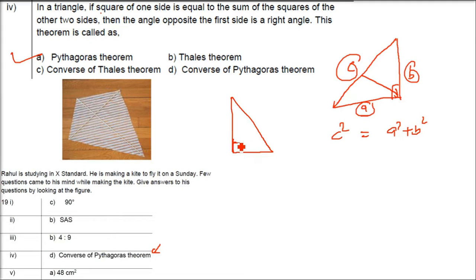And Pythagoras is somewhat different. It says that if one of the angles of a triangle is 90 degrees, then the sum of the squares of the sides holding that 90 degree angle will be equal to the square of the side opposite to that angle. So this is the opposite of what the content has given. It is not Pythagoras. It's the converse or the reverse of Pythagoras theorem. D is the correct answer here. So just tick D here, right? D is the correct answer.